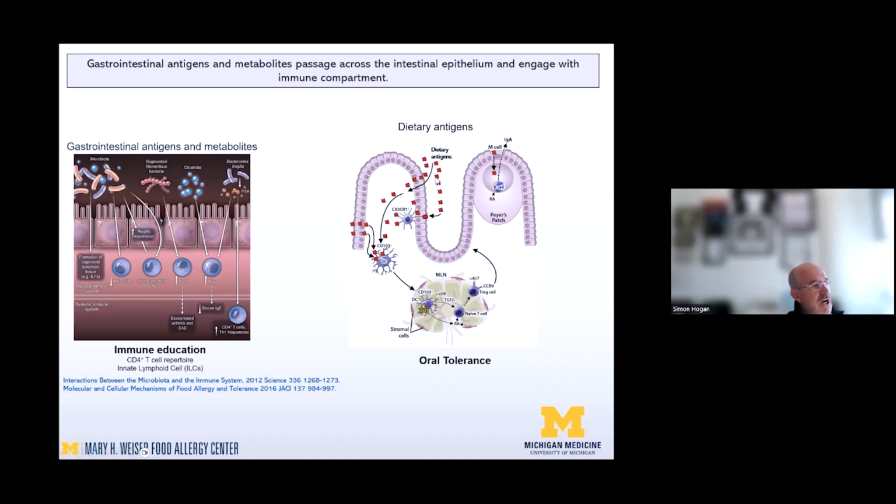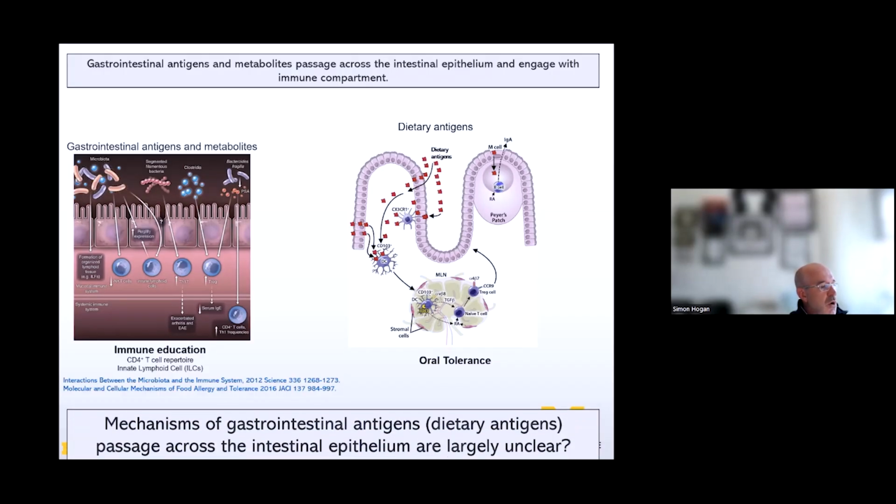While we're very familiar with the immune mechanisms by which this occurs, we're not as familiar with the way in which the dietary antigens actually cross the epithelia. More often than not, you'll see in presentations, for example here, and also in our review articles, that we just generally show an arrow where the antigens move across. So we became very interested in this actual process and wanted to understand more how gastrointestinal dietary antigens cross the